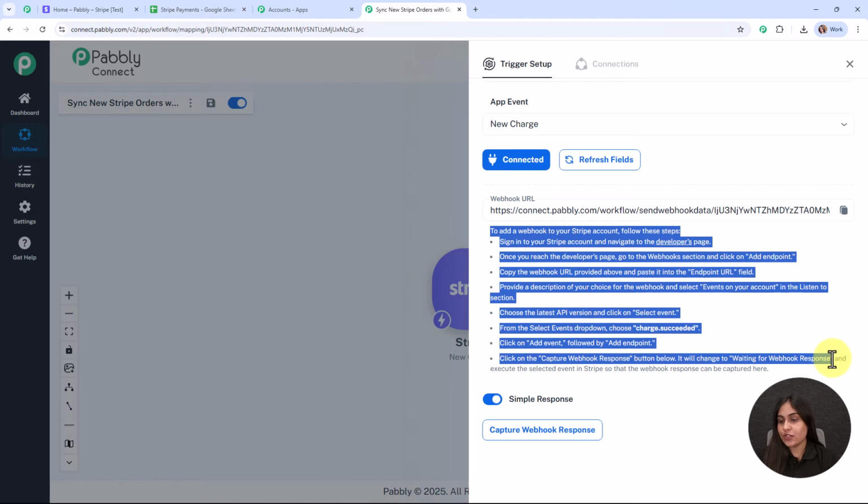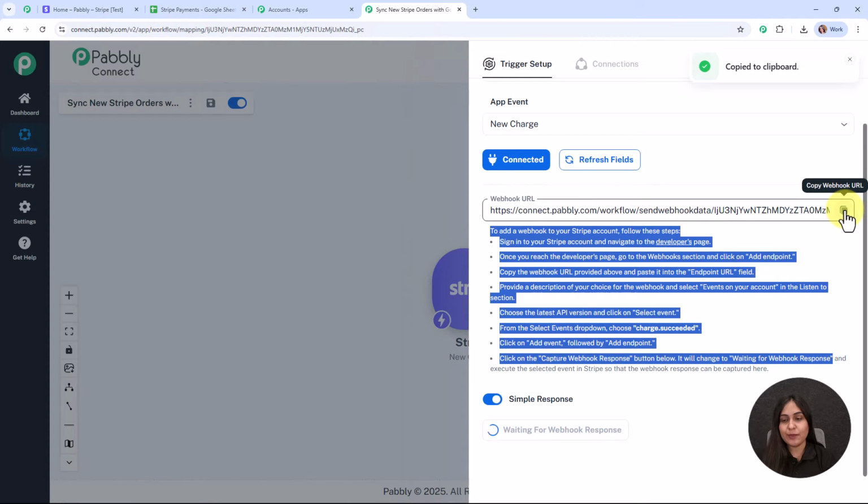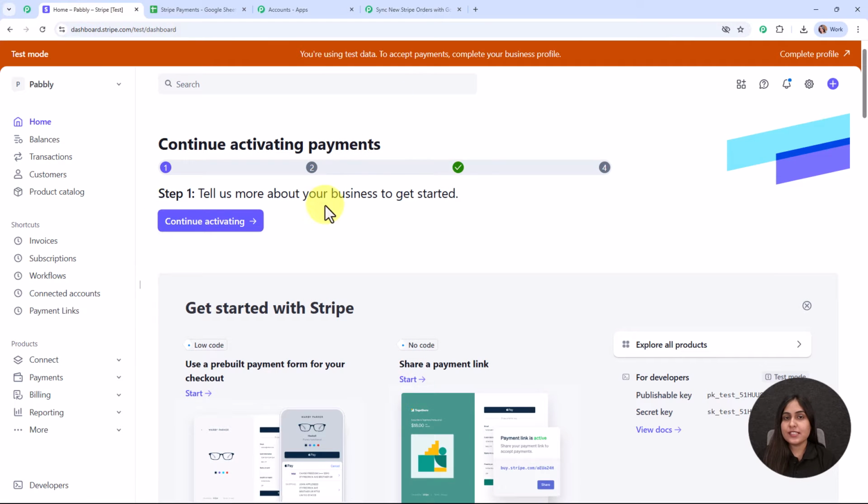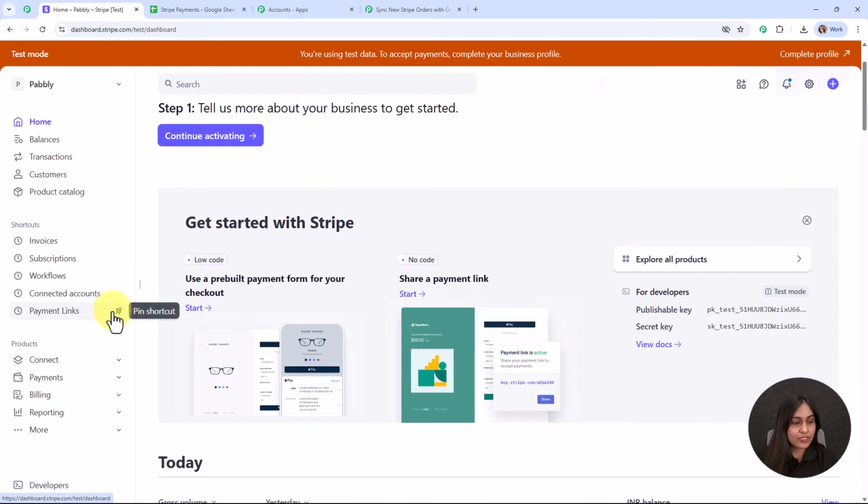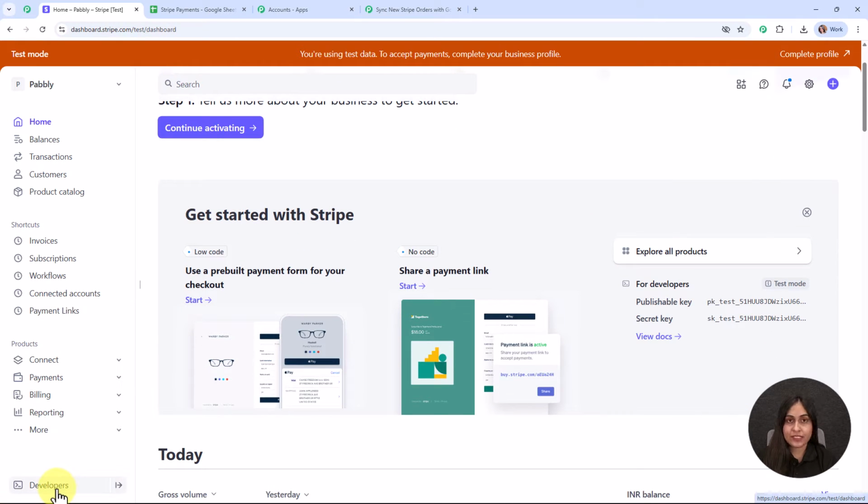That means here I'm going to use this webhook URL to connect my Stripe account with Pabbly Connect. So following the instructions given below, firstly I'm going to copy this webhook URL, and here I've already logged in my Stripe account. So this is my Stripe account, and for now it is in a test mode. So now we're going to set up the webhook inside our Stripe account, and for that we're going to click on this developers given in the left sidebar,